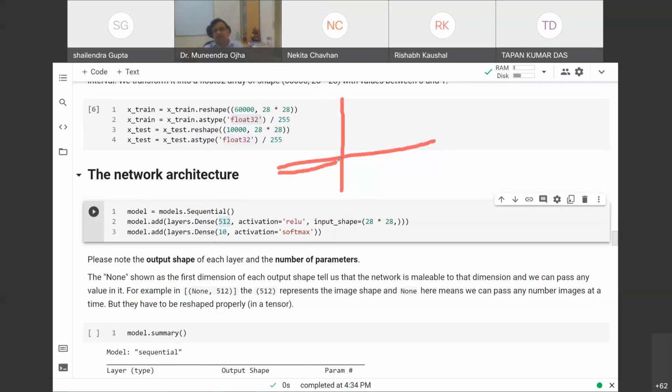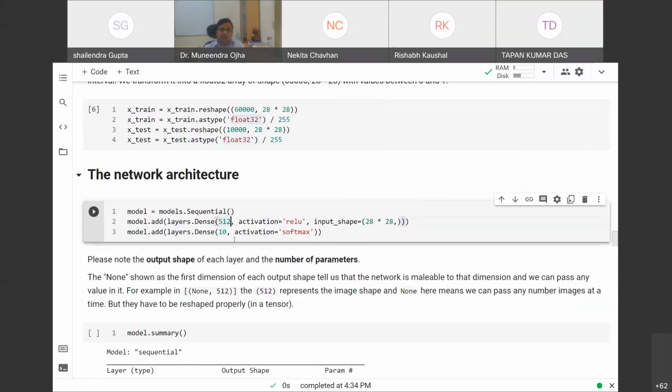It gives 0 and then X. Its function is Y equal to max of 0 comma X, either X or 0. If X is less than or equal to 0, then it will give 0. If it is greater than 0, then it will give the X value. The input shape is 28 by 28 that we have already defined. And we add another layer, that is the output layer. As I told you, since we have 10 classes, we need 10 nodes.